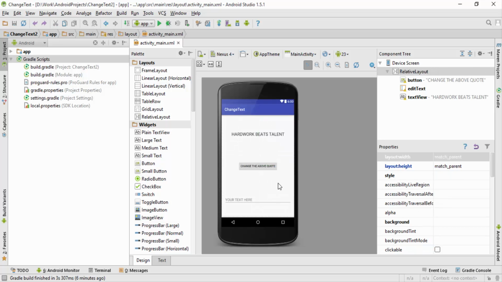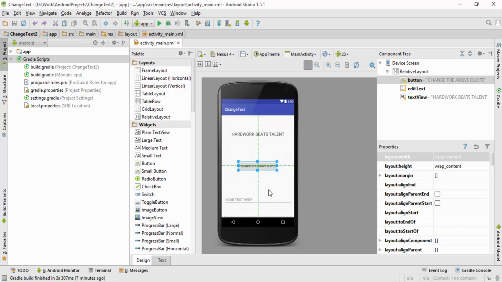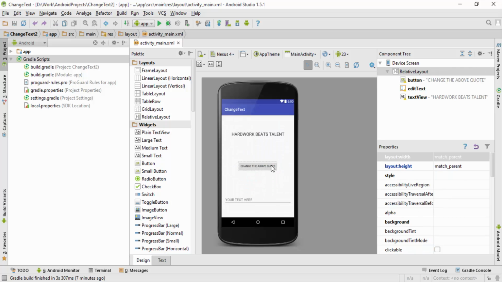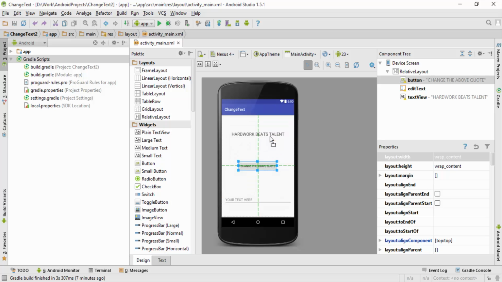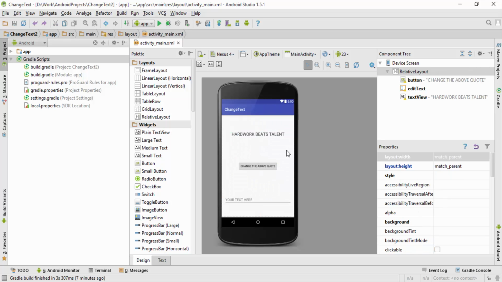So guys, always remember, whenever you want to place any component one below the other or neighboring to each other, instead of using relative layout, it is always beneficial to use the linear layout, as linear layout gives you an option to place the components one below the other. And since the components are placed one below the other, there is no chance that one component will overlap the other component. So guys, in the next series of videos, we'll try to recreate this entire layout using the linear layout.